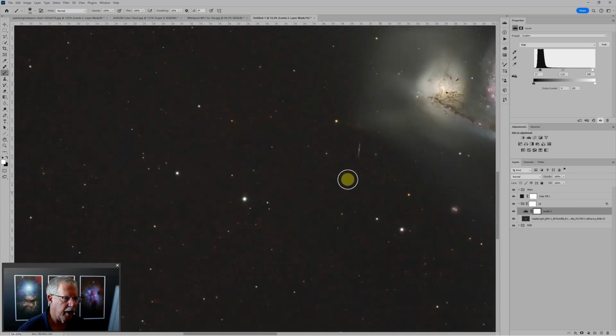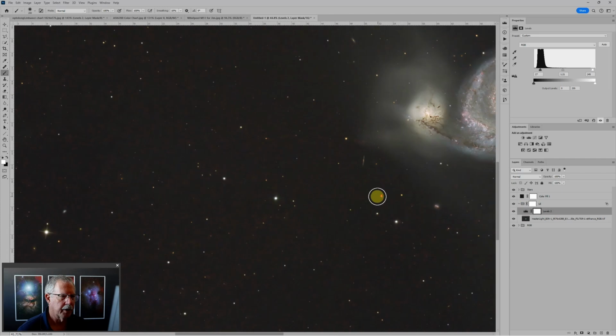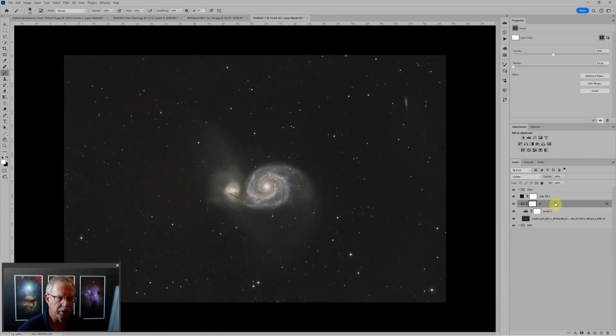We're getting some red noise here. That's probably from the L-Enhance. Let's turn it off and see. Yep. So what we're going to do, we're going to go to this L-Enhance layer, and I'm going to paint